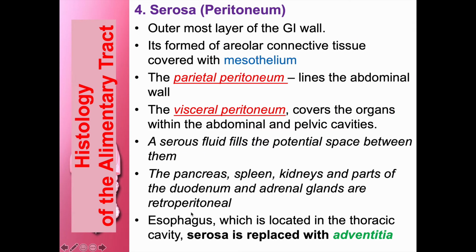Next, the serosa layer. What is the serosa layer? What is the adventitia layer? For that you have to understand the peritoneum. What is the peritoneum? The peritoneum is a sac, a bag-like structure that is present in the abdomen. If you see in this picture,